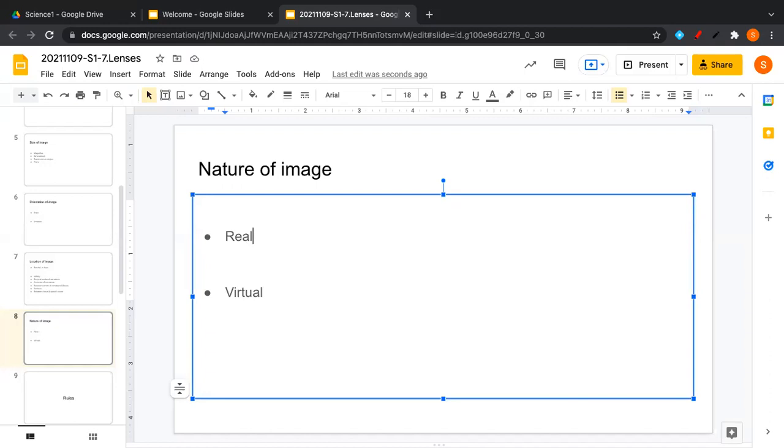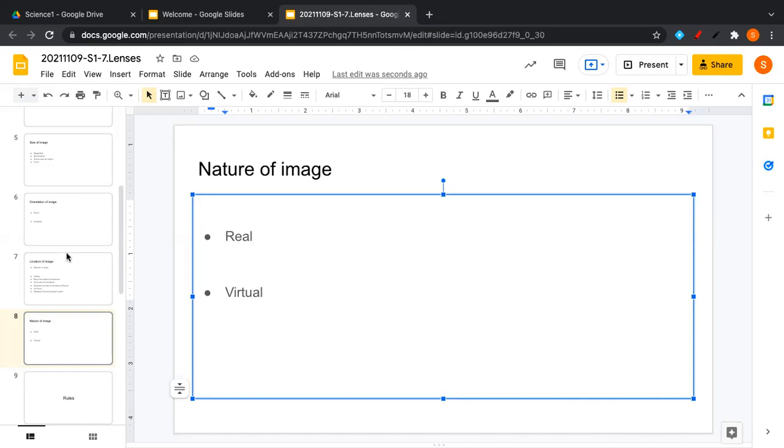Whereas in case of virtual image, the light rays are not meeting each other. They won't. But it will appear that the light rays are coming from a point. Light rays may be meeting at a point. It will look like that. That is virtual image, but that will not happen actually. That is why it is called virtual. And because of this, the virtual images cannot be collected on screen.